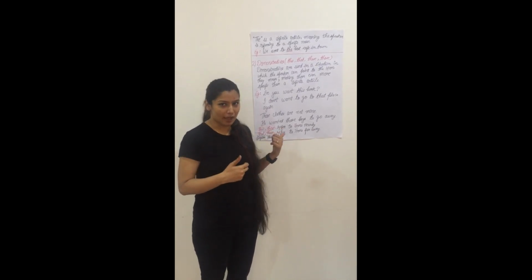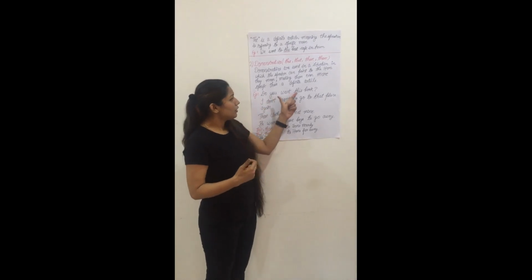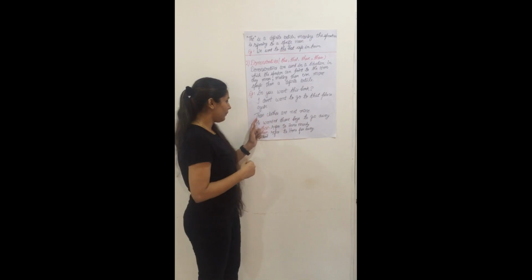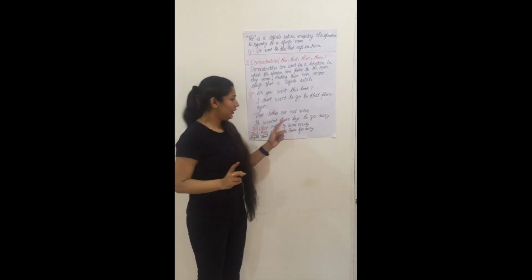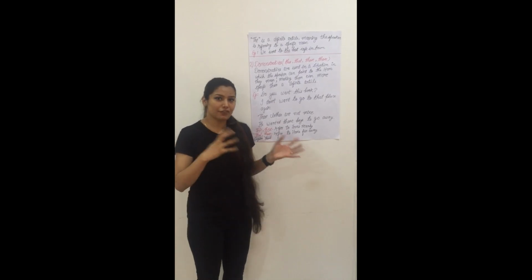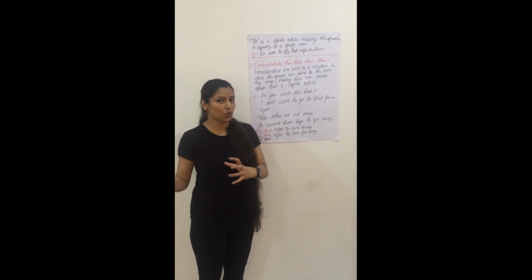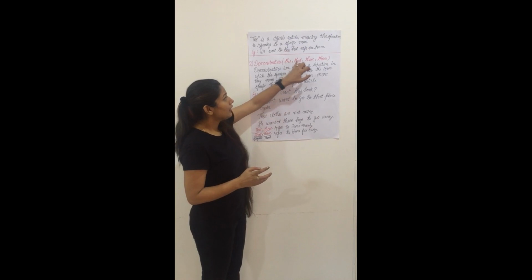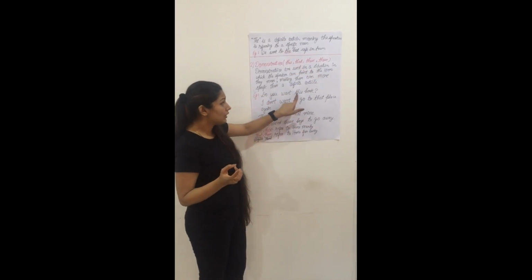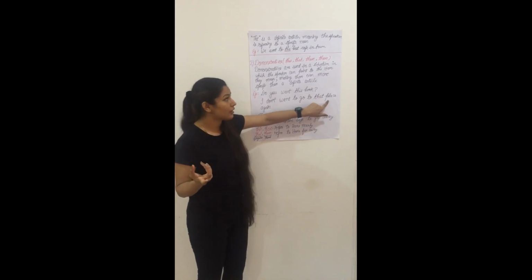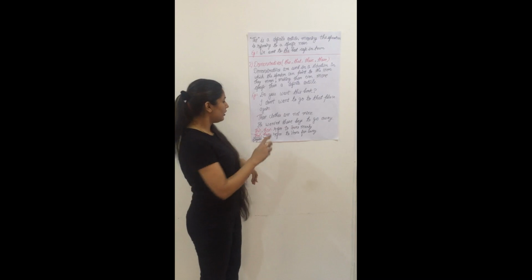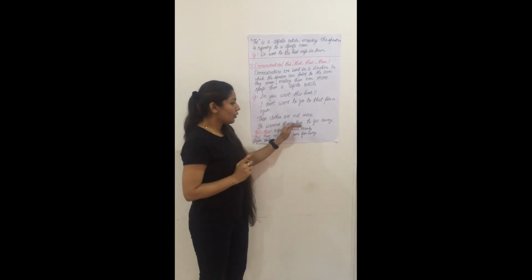Now let's take a few examples. Do you want this book? I don't want to go to that place again. These clothes are not mine. He wanted those boys to go away. So now let's differentiate between this, that, these and those. Students, this and that are used with singular nouns. For example, this book, that place. These and those are used with plural nouns. For example, these clothes, those boys.